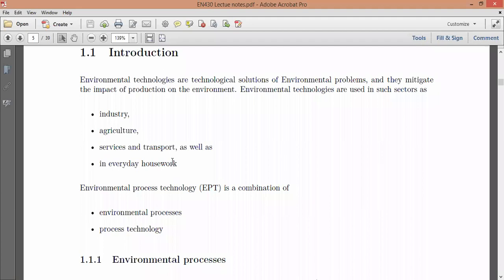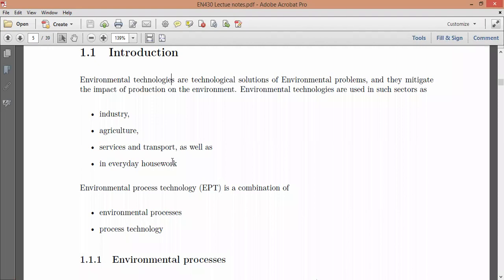Since process technology is mostly aligned with chemical and environmental, I think more chemical engineers adopt process technology than environmental engineers, looking at our curriculum. However, environmental process technology combines environmental processes as well as process technology. So we study a process